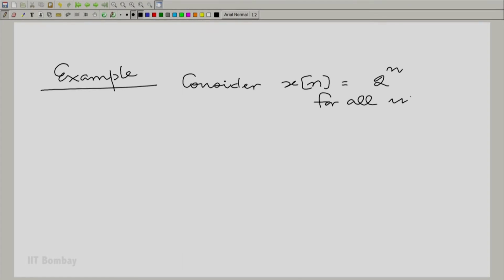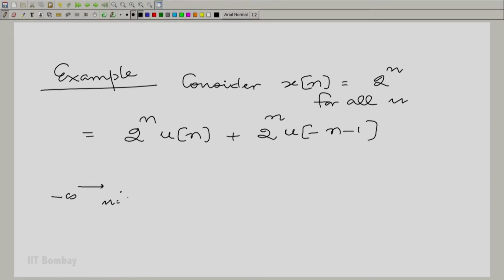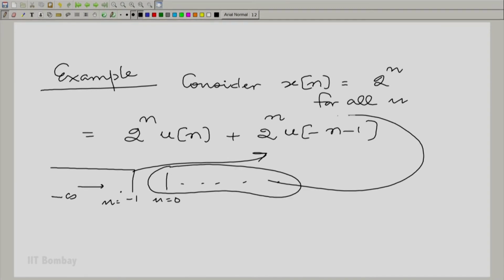Now, we can write this down as 2 raised to the power of n u[n] plus 2 raised to the power of n u[-n-1]. So, essentially what we are saying is separate out the points n from minus infinity towards minus 1. So, take all this together and put it here, and then take n equal to 0 onwards and put it here. So, in principle, when you take the sum, if you use linearity, you should be able to write down